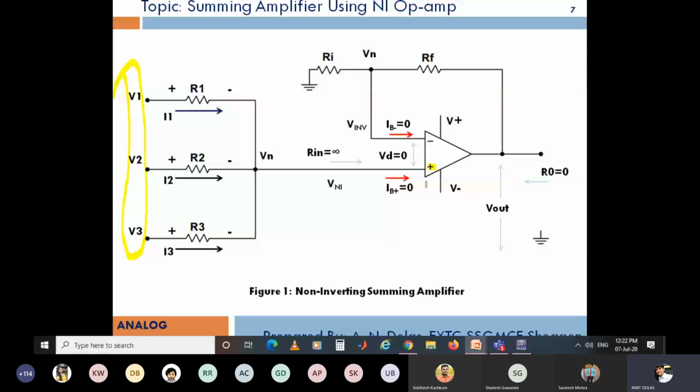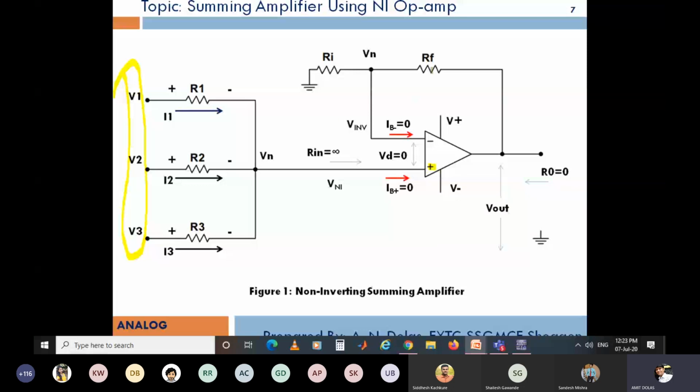So in this, what we can achieve, we can have Vout equal to V1 plus V2 plus V3, or we may have another equation like Vout equal to some gain like say 5 into (V1 plus V2 plus V3). So if we are using gain more than 1 and addition of 3 sources, it is called a summing amplifier. And if we are using gain equal to 1 and adding 3 sources, it will be simply an adder circuit. It will add 3 sources together. It will not multiply any gain.